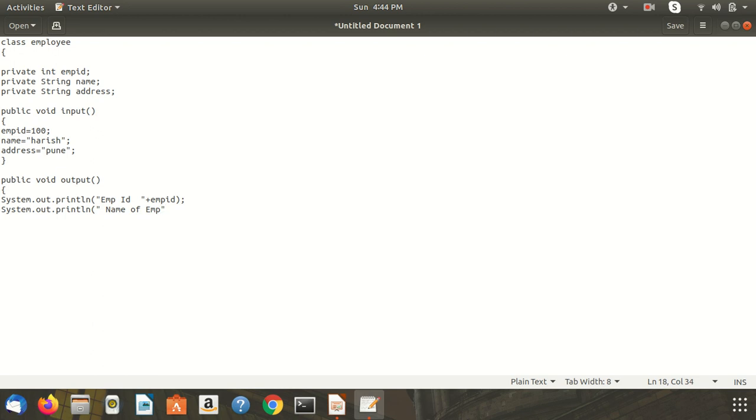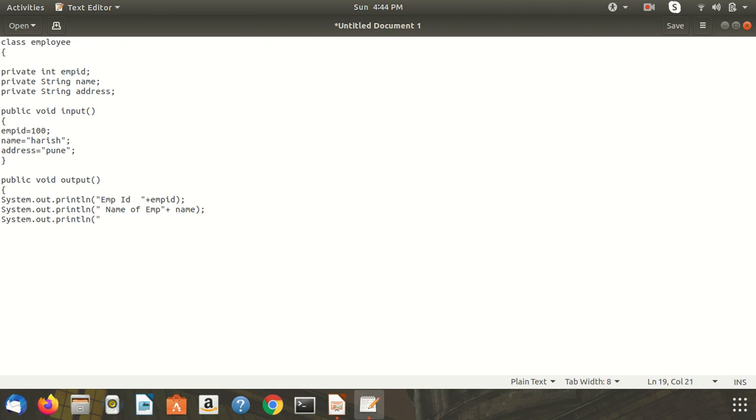These are the private members of the class, but we can use them here because these methods are inside the class. If you try to access these members outside this class, it is not possible because they are defined with the private specifier and are accessible only within the class.